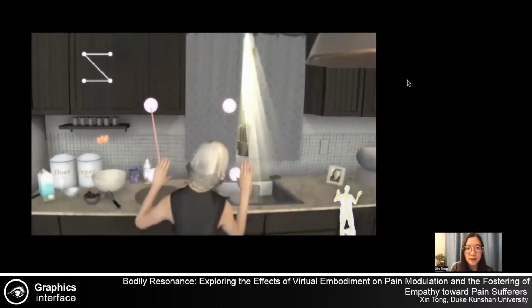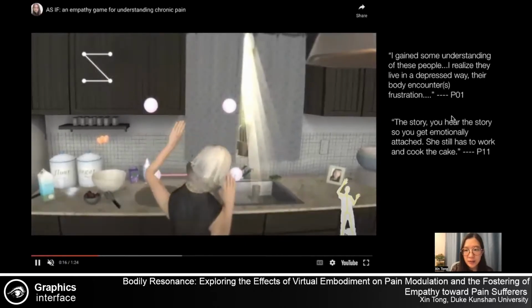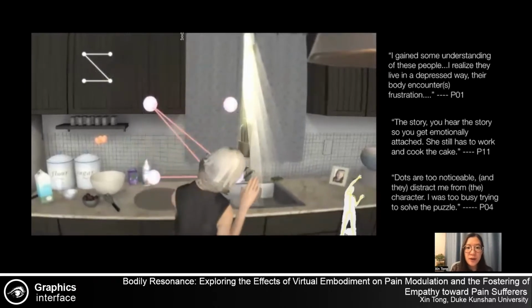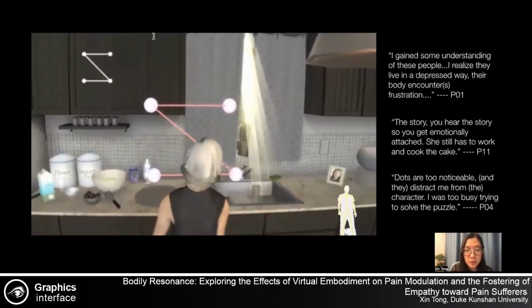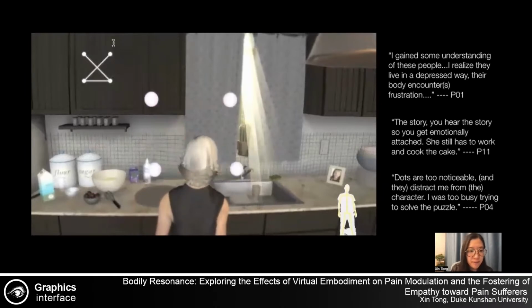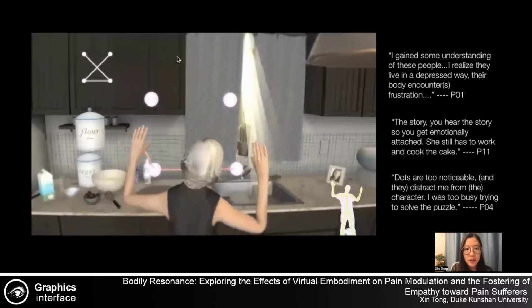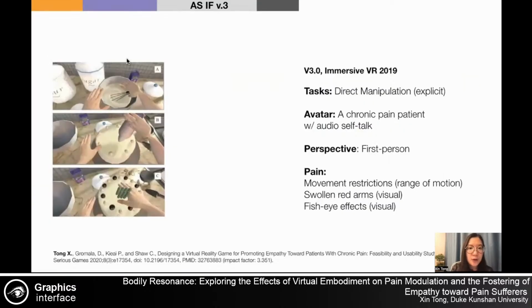Participants saw the general idea of the as-if world, and they felt the story was compelling. However, participants still reported they felt puzzle solving did not make much sense when one could directly manipulate the objects in virtuality. They also suggested changing from the third person to the first person perspective to build more embodied connection. Therefore, we iterated the third version, where participants can directly manipulate objects in the kitchen and bake the cake from first person perspective.